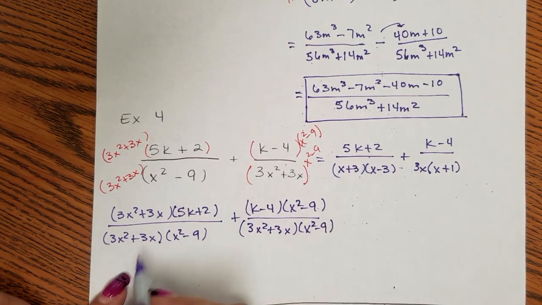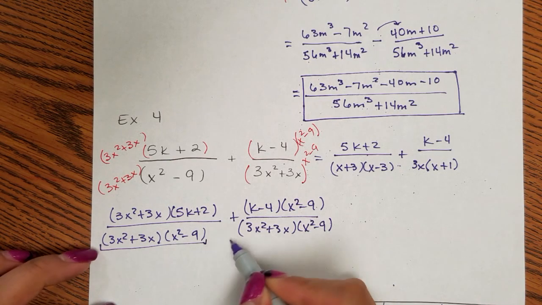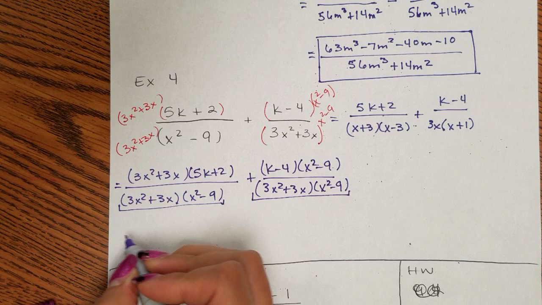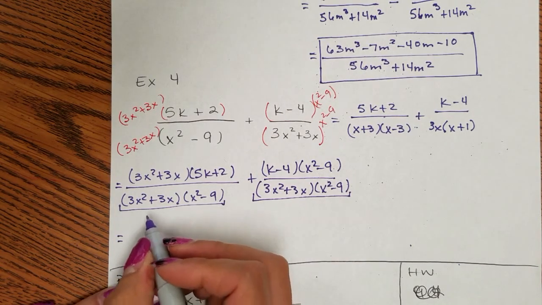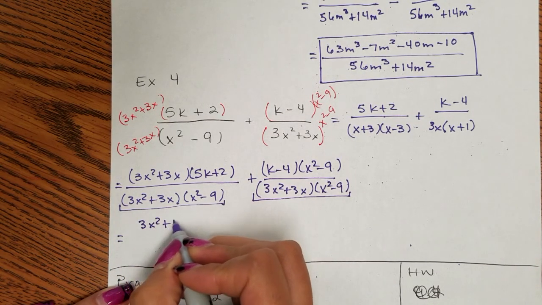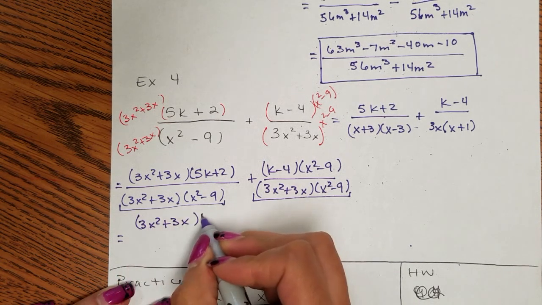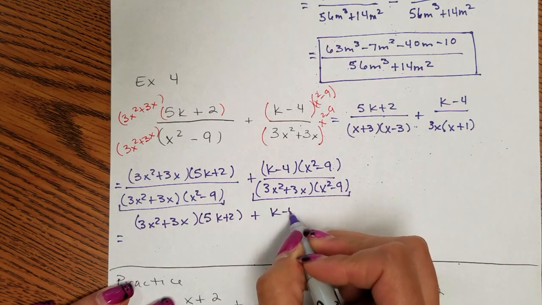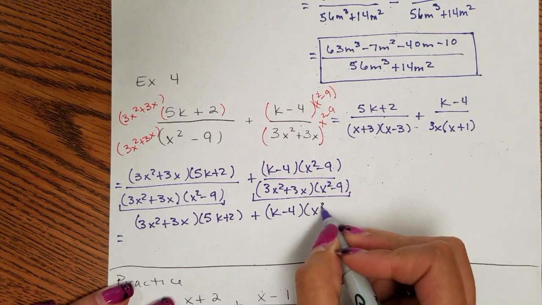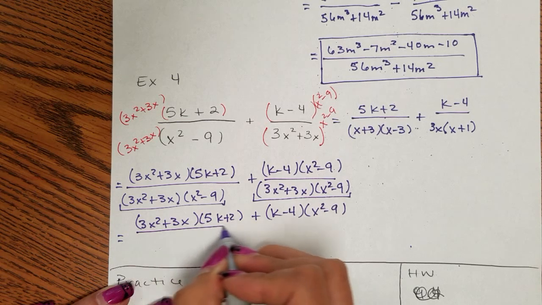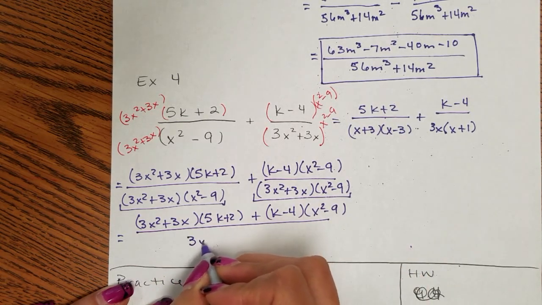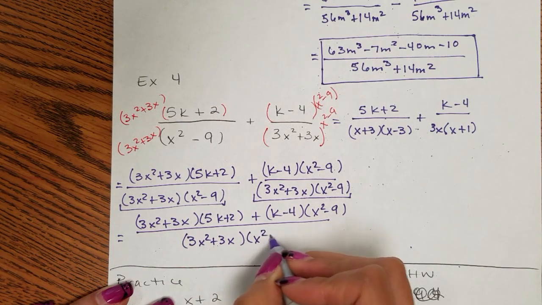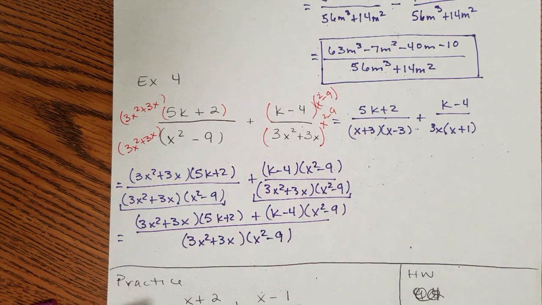Okay, so from here we notice that we have the exact same denominator. So now we're just going to combine our numerators. So we have 3x squared plus 3x times 5k plus 2 plus k minus 4 times x squared minus 9, all over 3x squared plus 3x times x squared minus 9. All right,